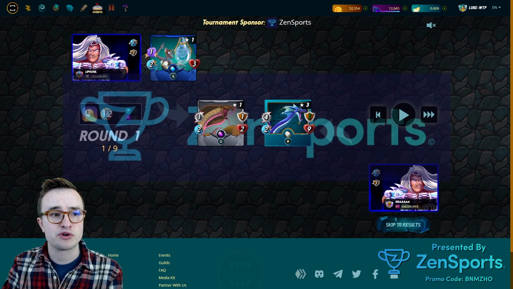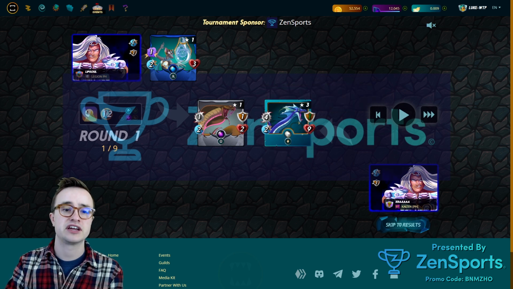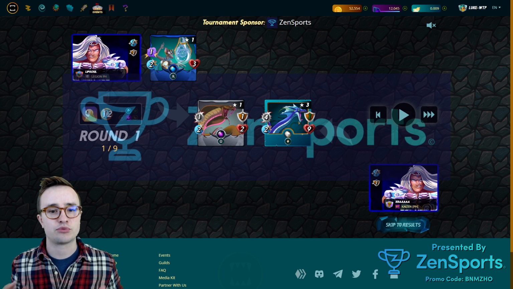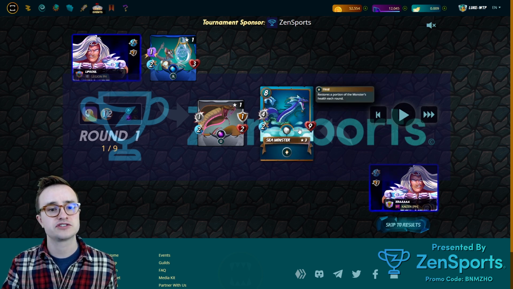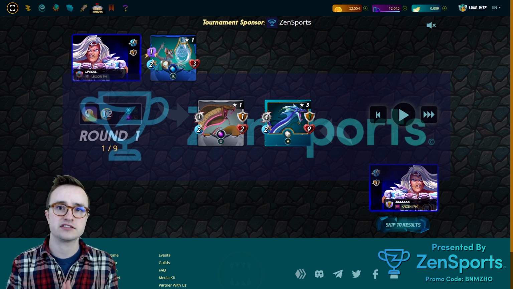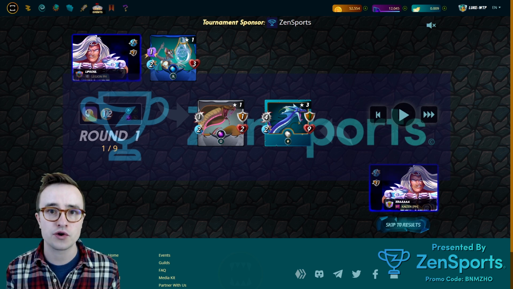So the first tip I want to bring you guys here is this card right here, the level 3 Sea Monster. I saw this being played quite often in this Bronze Leagues tournament, and why this is such an important card: you can use this with a level 2 Kelia, or you can get a Dragon Summoner and get a level 3 Sea Monster. The reason why it's so good is because once Sea Monster hits level 3, it goes from 8 HP to 9 HP, and this is important because the heal ability heals for a third of the